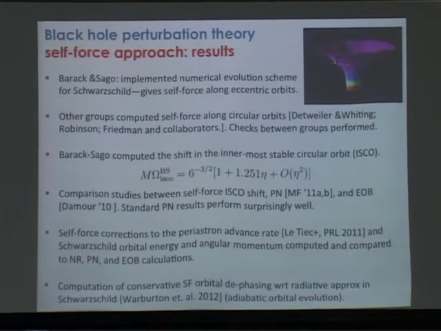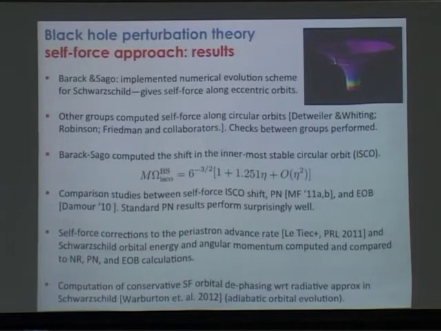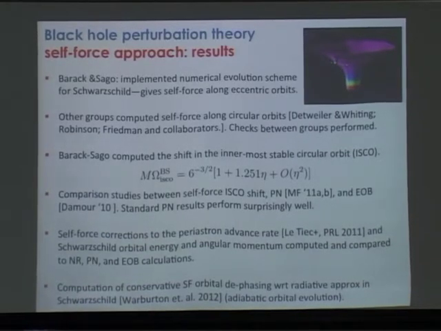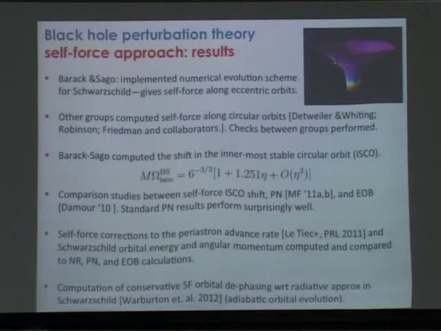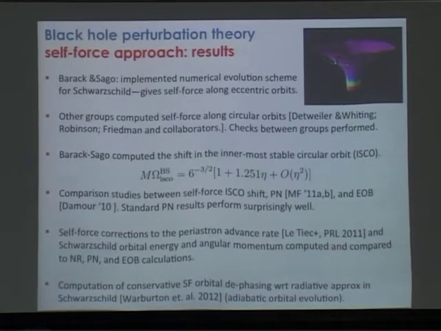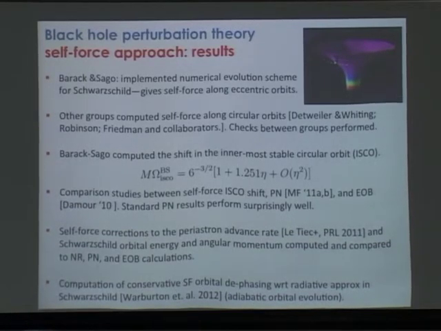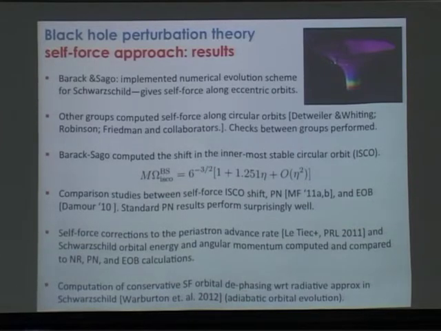Recently there's also been a better estimate of how this full self-force evolution compares with the radiative approximation. In other words, how bad is the radiative approximation if you actually evolve an orbit using it and not using it? And you find, as you expect, an order unity phase offset over the course of an inspiral.